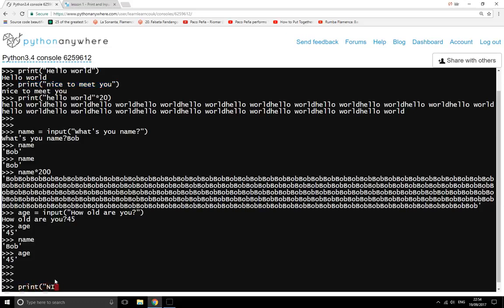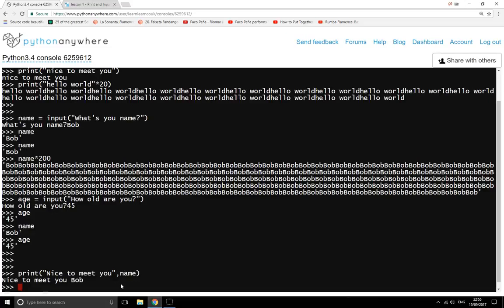Print "nice to meet you". So again, you do your print statement or your print function as it is. You do your brackets and your "nice to meet you" in speech marks, and then you close the speech marks, do a comma, and then put name. There you go, and it automatically swaps their name for the name variable, and it will just print it out together, which is good. I've noticed here that we need a full stop at the end of that sentence,